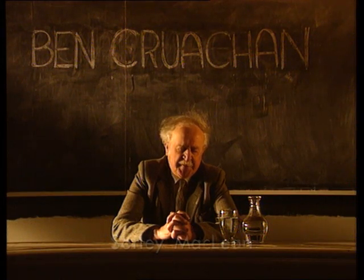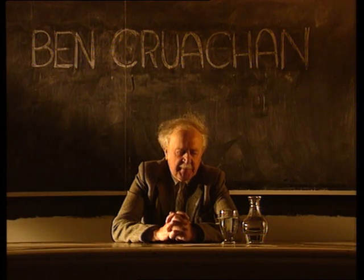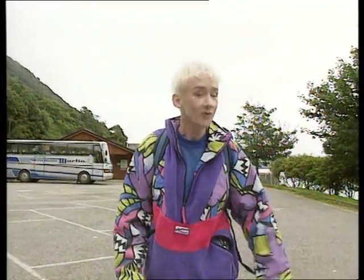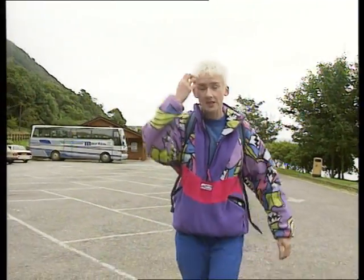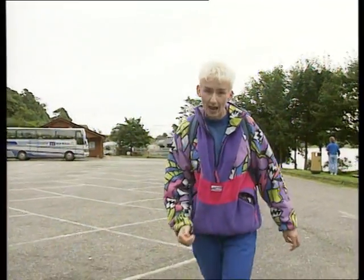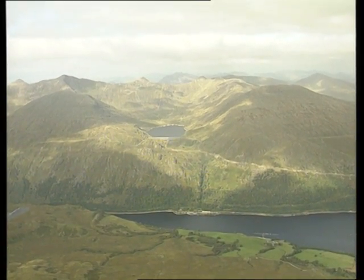If you say Ben Cruachan, it's not bad, it's all right. But the Gaelic is Cruachan Beann. This is a fascinating mountain. Hollowed out to provide hydroelectric power, it houses the turbines that create the electricity, and it has the kind of subterranean fantasy atmosphere that James Bond would be proud to abseil down into clutching a semi-automatic weapon. It is of course Ben Cruachan at the head of Loch Awe, and the starting point for this mountain